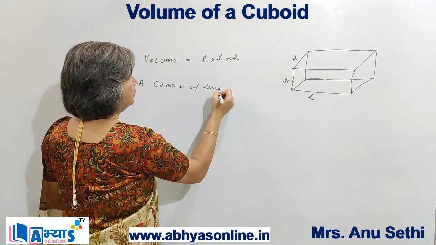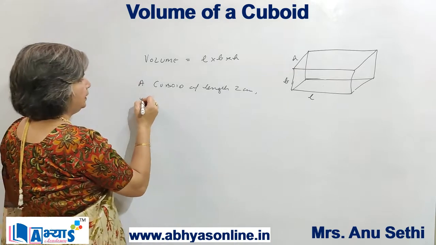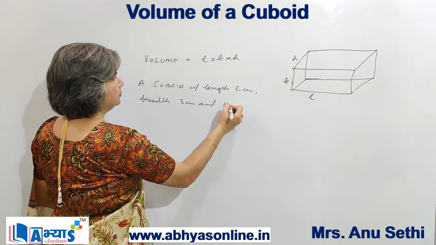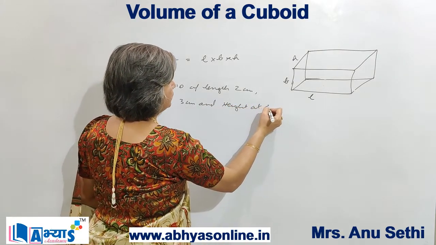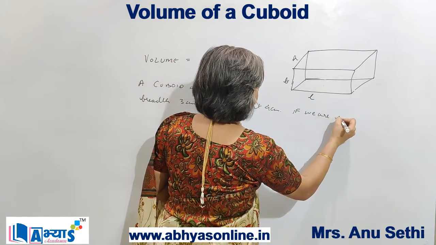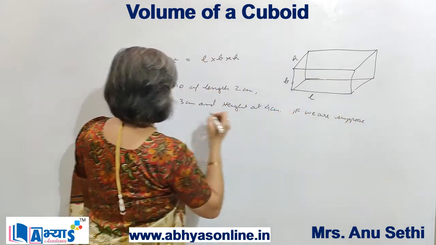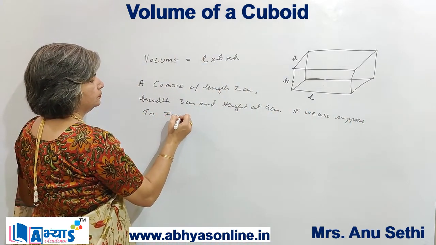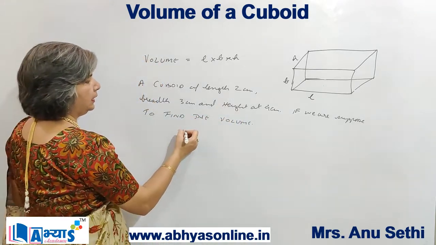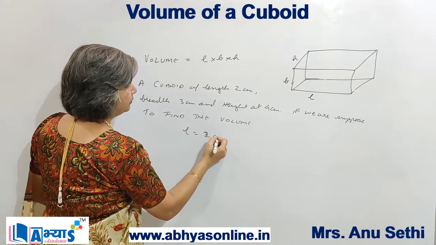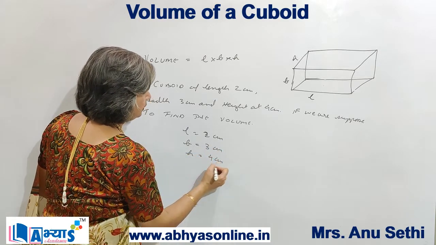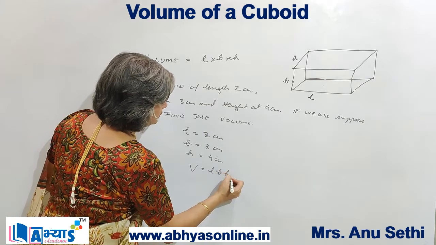of length 2 centimeter, breadth 3 centimeter and height as 4 centimeter, and we are supposed to find the volume. We will write length is equal to 2 centimeter, breadth is equal to 3 centimeter, height is equal to 4 centimeter, volume is equal to LBH, that means 2